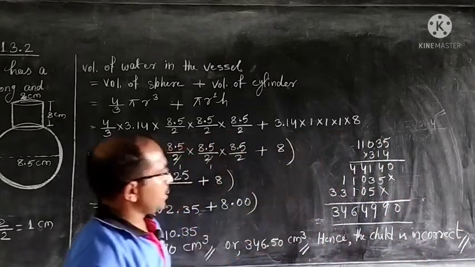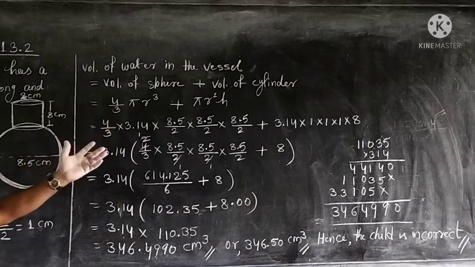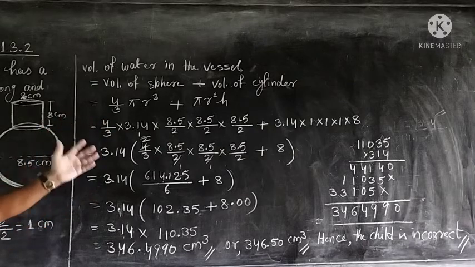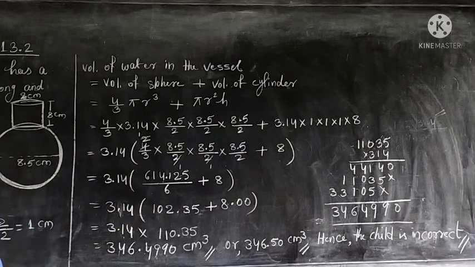Only this calculation portion is here in this question. So, we need to keep a little patience while multiplying or dividing those numbers. The method is easy. For the volume of water, there are two shapes of solid, we will add the volumes of those two shapes and then calculate. But while calculating, we need to be very careful in such calculations. I hope you have understood.